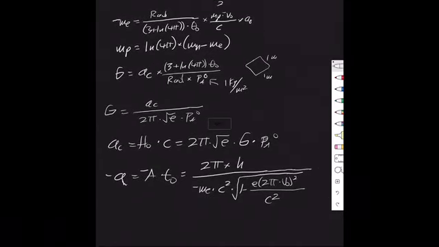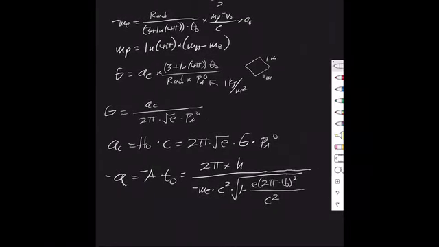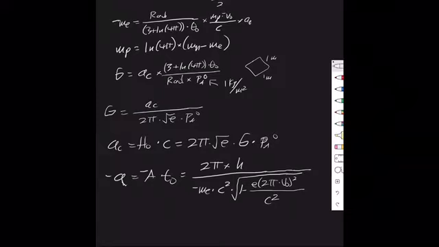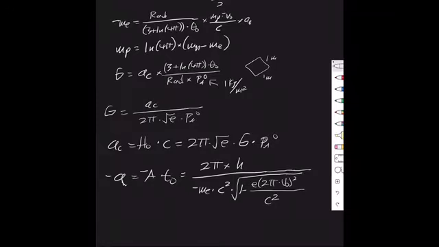To make that equal. That's the electron going around the atom on the ground state, and using Lorentz contraction to figure out the absolute value of the